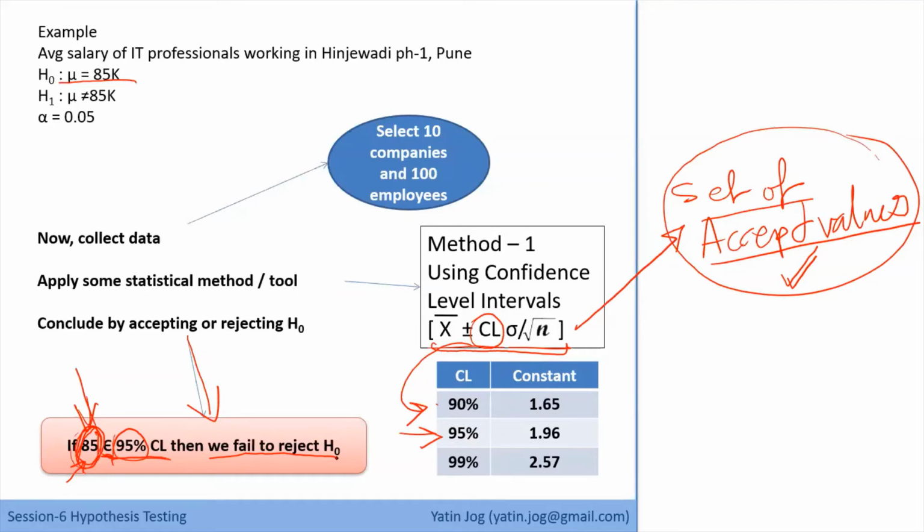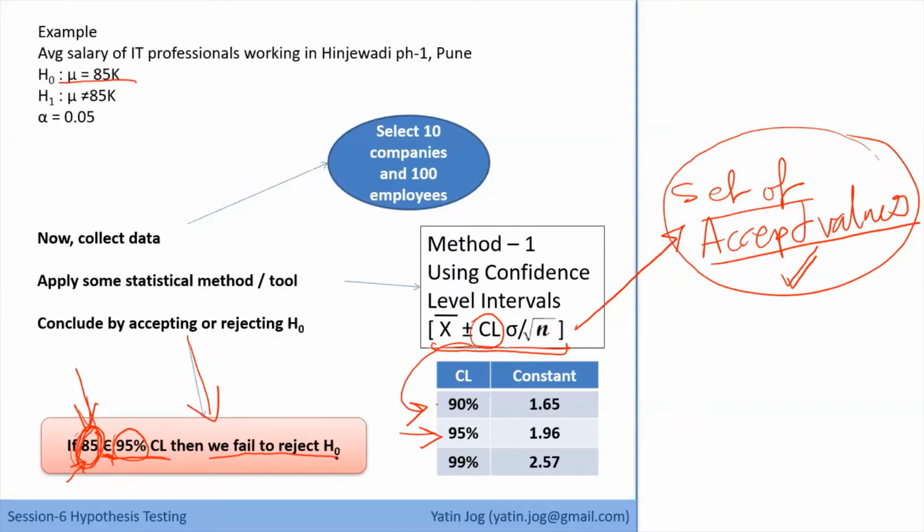Tomorrow, if I get some more data values, if I get some more samples from the same population, I may have to reject H0 also. So you cannot be 100% sure. Even if your confidence level is 95%, you're still keeping a 5% chance of failure. So you have to always say we fail to reject H0. As an analyst, you will submit this analysis to the client saying we fail to reject H0. Whether to accept the H0 part and go ahead with that is the client's responsibility. As an analyst, you will say either I fail to reject H0 or I reject H0. Only these two statements you should mention in your analysis.